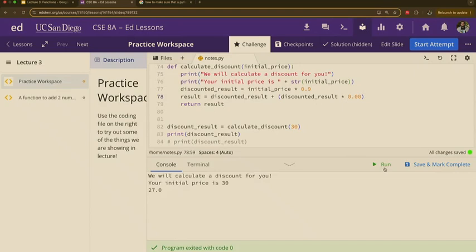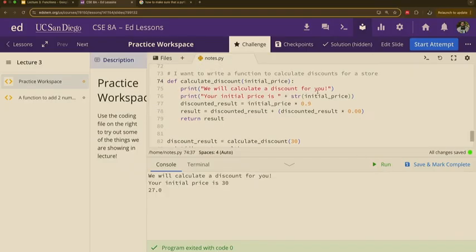One way that we can do that, to make sure that when we're calculating the discount, we can also take into account what that sales tax will be, is to change our function. Instead of just asking for one thing, we can ask for two things now. The only thing you have to do is add a comma, and then the new name for something that you want. Let's call it sales tax.